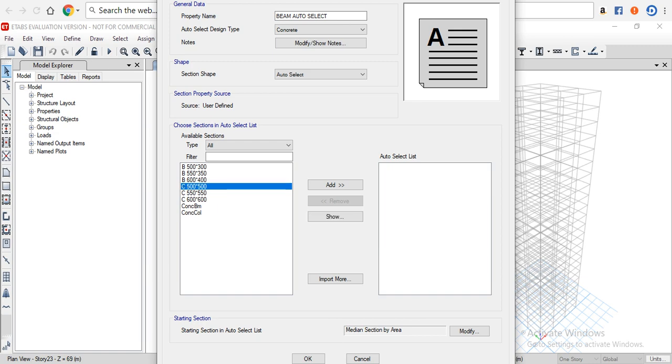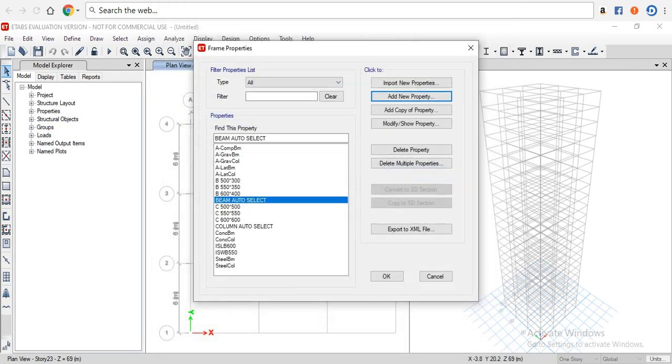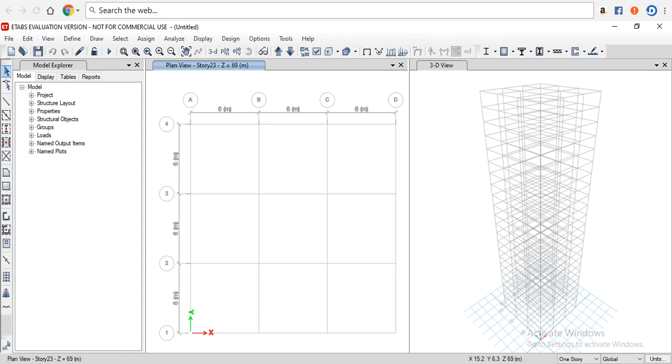Select the 3 beams, then click on add, then click on OK. Click on OK again. The beam and column properties have been successfully added. Then go to define,